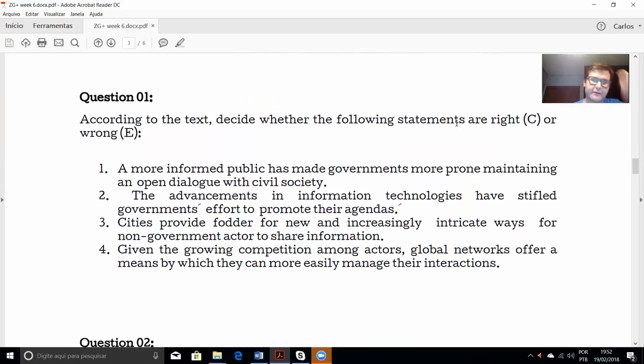The advancements in information technologies have stifled governments' efforts to promote their agendas. And this one is correct. The word stifled means they impeded, they made it more difficult, and this is correct. So this is the other facet of his argument from item number 1,